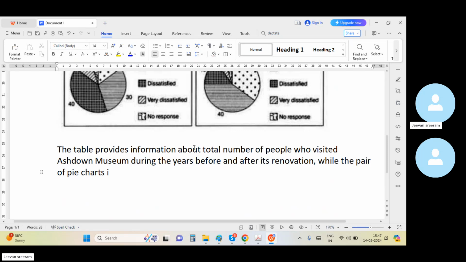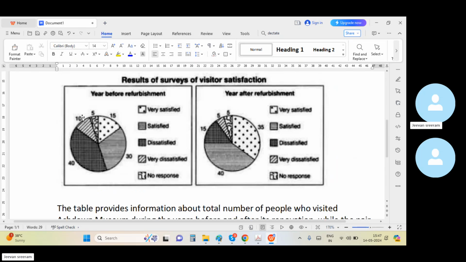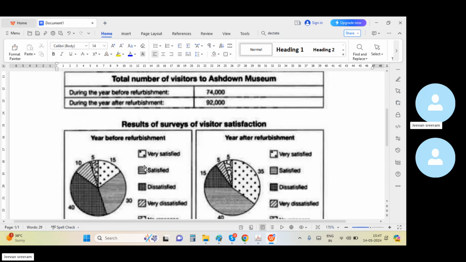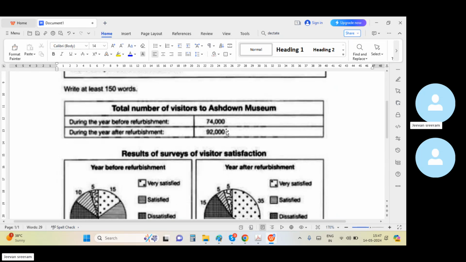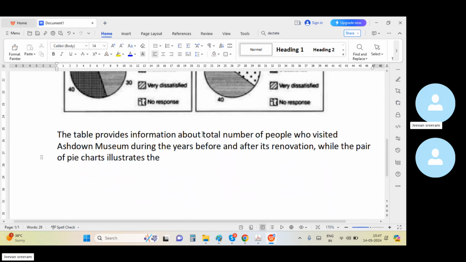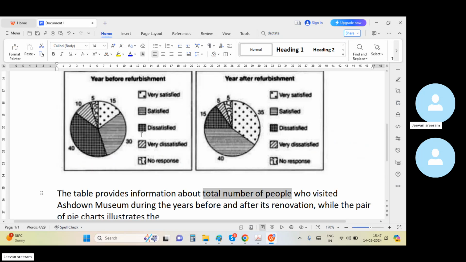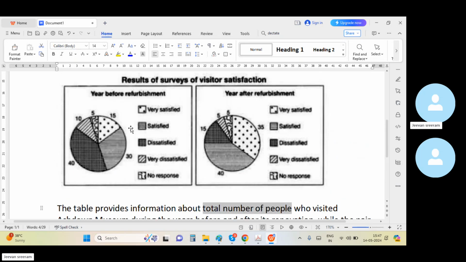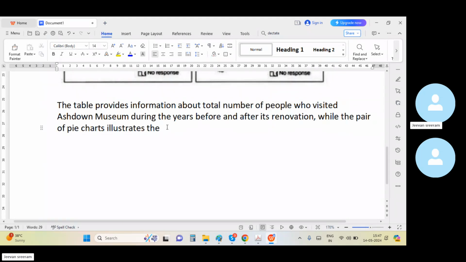The pair of pie charts compares or illustrates the, basically they are all, what are the numbers? So specifically in the diagram, I can see the numbers. So my introductory sentence should start with total number of people. Okay, and also, what are they basically? They are also numbers, but please observe, if you add all of them, it gives you 100, so they are percentages. Okay, right. Illustrates the